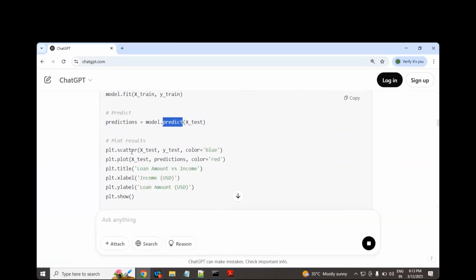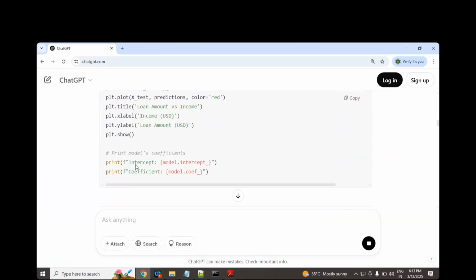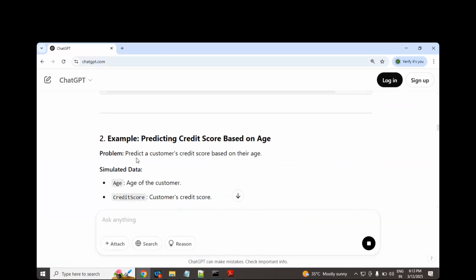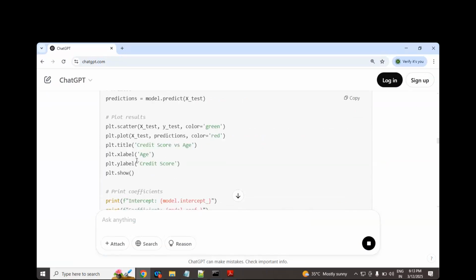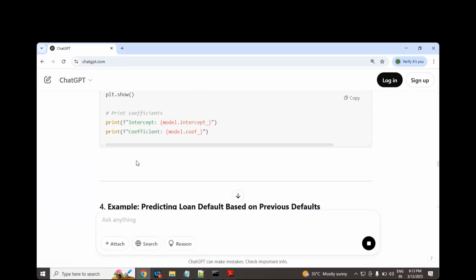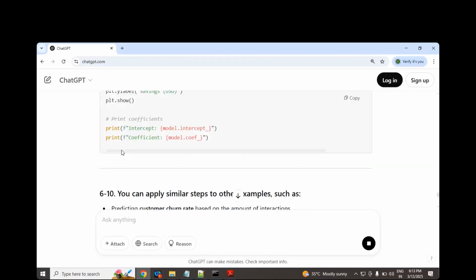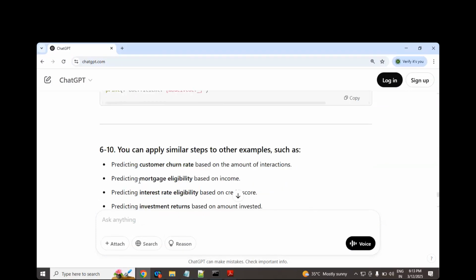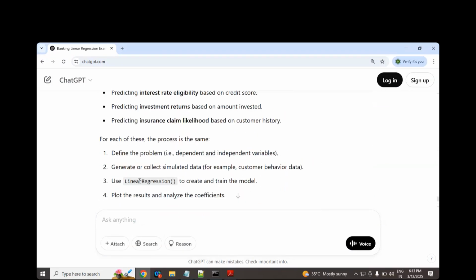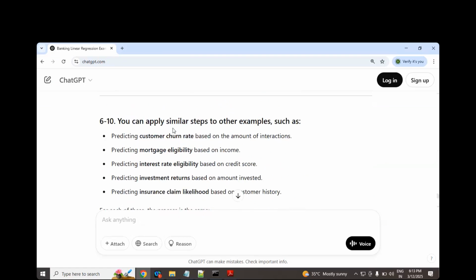Now these are all we can talk. Yeah, scatter plot we are doing, plotting we are doing actually. Such a great, sir. You can just try to find the example also. See, like this, you can find a lot of examples in ChatGPT. This is a kind of assignment. You have to take it out, and oh my god, still 6 to 10 examples. Still it is printing. It is asking, you can apply similar steps to another example such as boss.